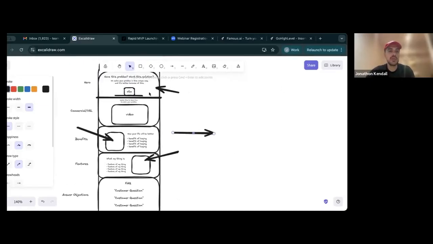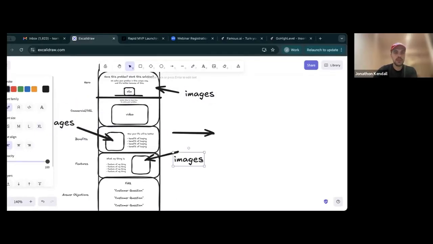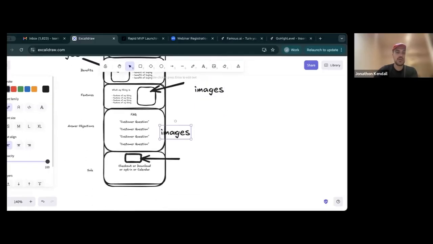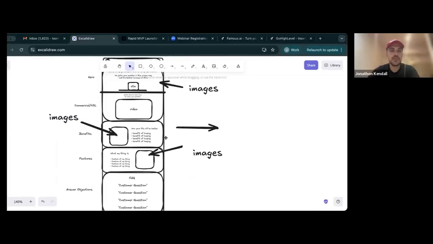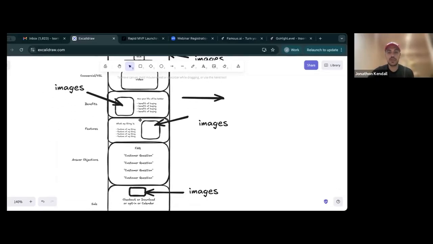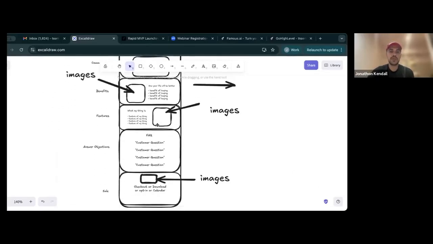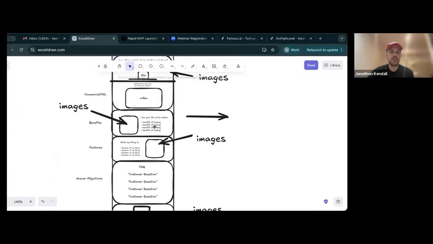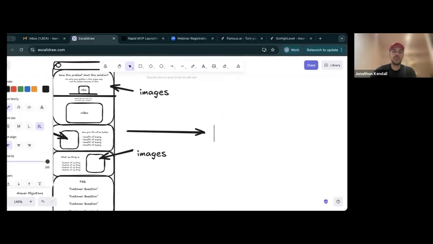And what you really need, it's really this simple, I'm going to break it down for you. You need images. So you need a benefits image because this is what makes it real. You need a benefits image, you need a features image, and then you need a product image and a hero image. That's pretty much it. So if you can make a really nice landing page like this and a video that explains Dropbox, so you have these 4 images and the words, which you can do yourself or you can do with ChatGPT, and from there, you can just send them an email.